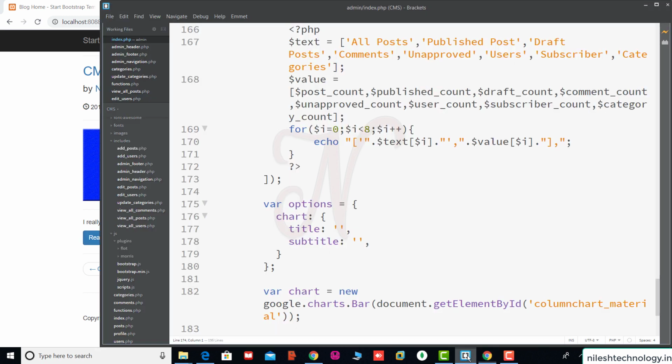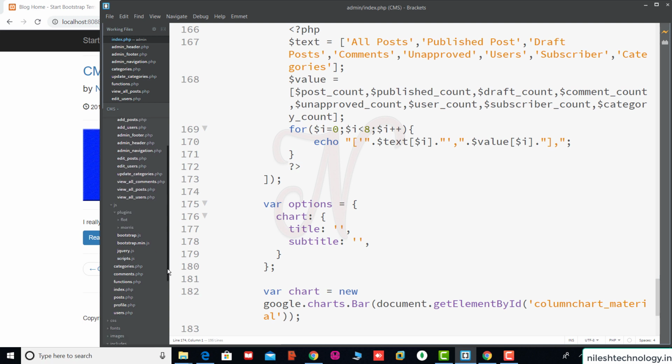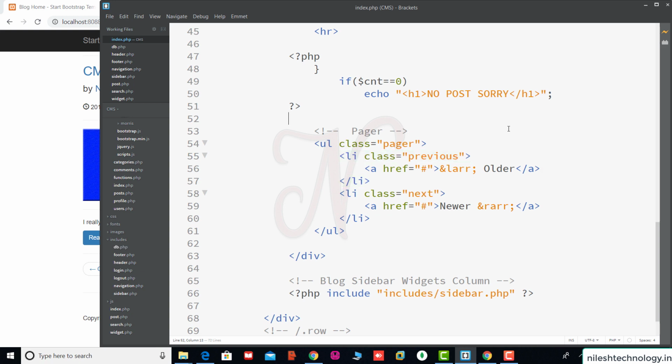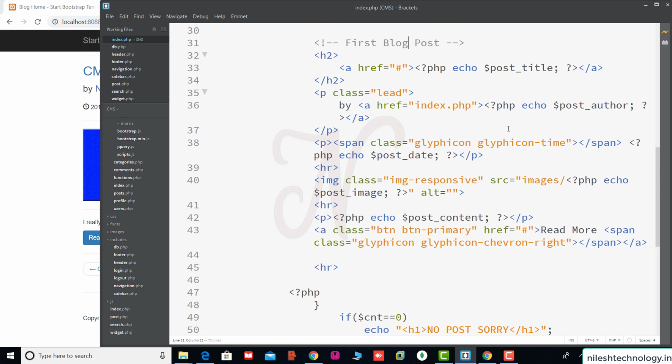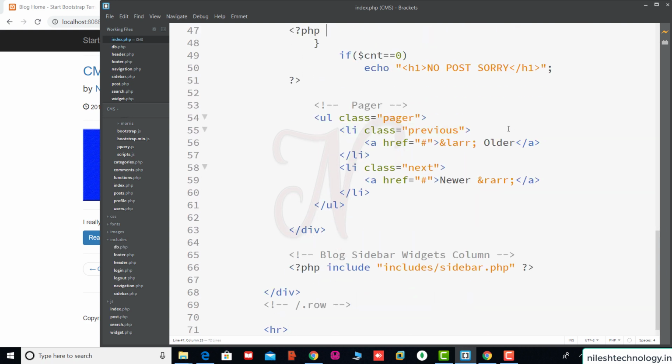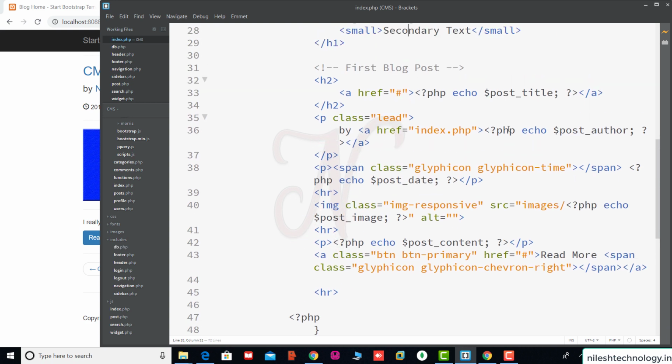Going to the Brackets editor, here we open the index.php file in the user section, this one. We go to this image.